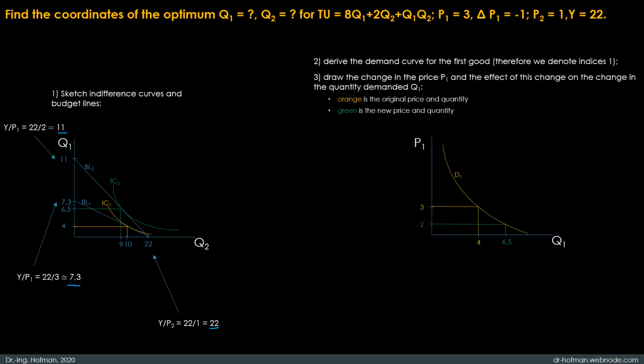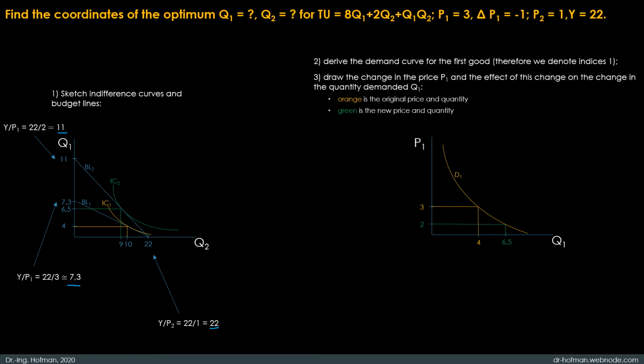So we draw for the price of the first good P1 and the quantity of the first good Q1 the demand curve, the descending curve D1,